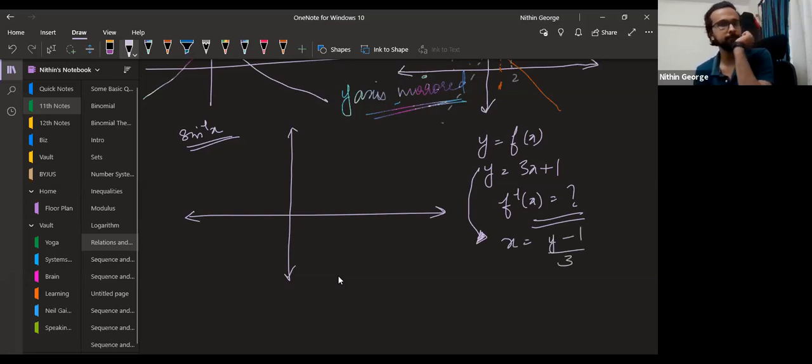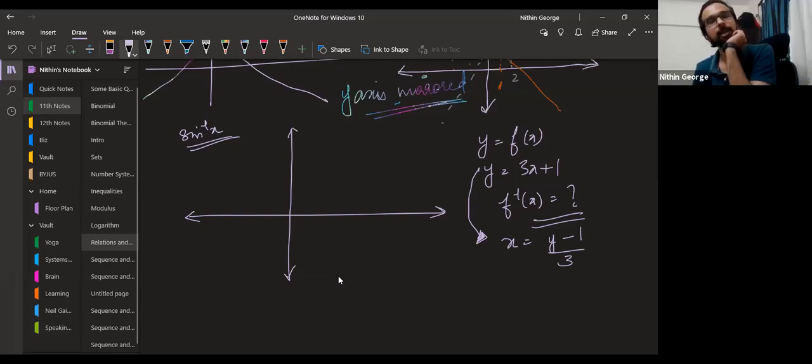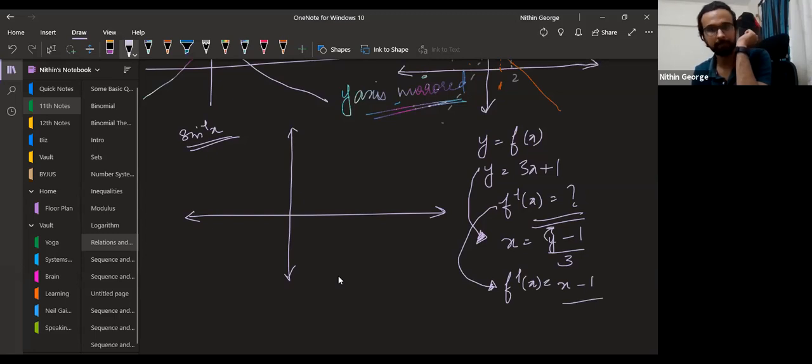y minus 1 by 3. All right, any doubts here? No, sir. Okay, so x equal to y minus 1 by 3. This is actually the inverse function, as simple as that. Once you write x in terms of y, you have the inverse. But then they're asking for f inverse in terms of x. So simply f inverse x will be equal to, instead of y, you replace it with x. Otherwise it's actually the same equation given in the beginning. So x minus 1 by 3 you write, and then you get the graph like this. I hope you guys got this.